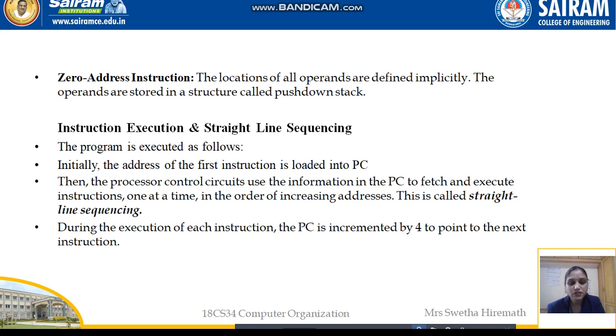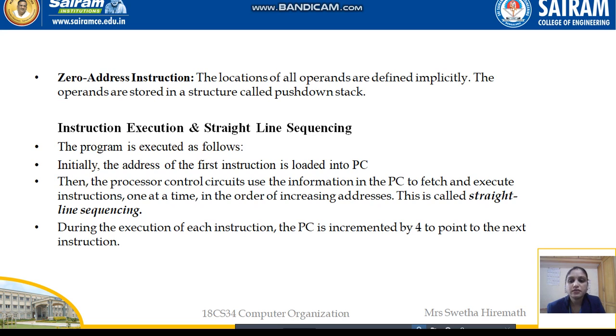Once the first instruction is in execution, the program counter will move to the next instruction, that is the second instruction. Similarly, after 1, 2 will be executed, then 3, then 4, then 5. This type of execution of instructions in sequence is called straight line sequencing.